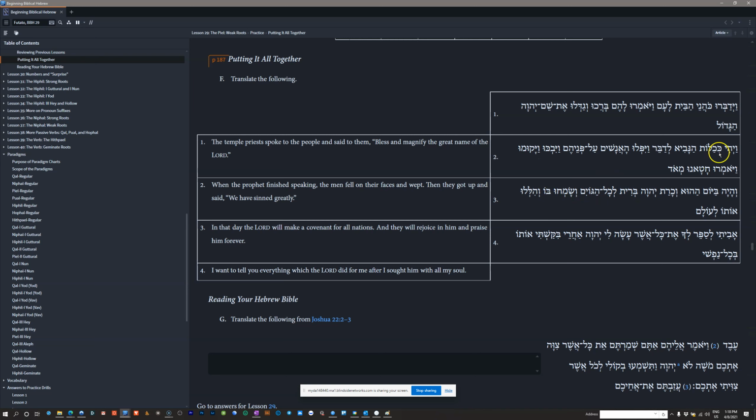We'll do number 2, I guess. Vayehi kekalot. So again, when we begin with vayehi and an infinitive construct that has the preposition on it, this is a time setter. This is setting the time, a temporal clause, all right? So if you translated it literally, it might be something like, and it happened that when finished the prophet, so when the prophet finished,